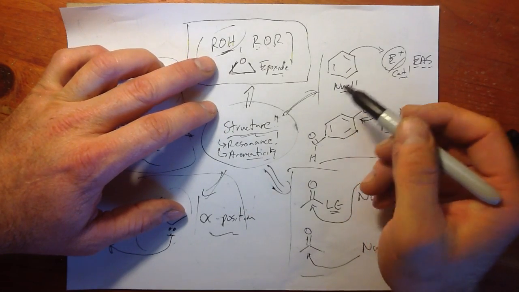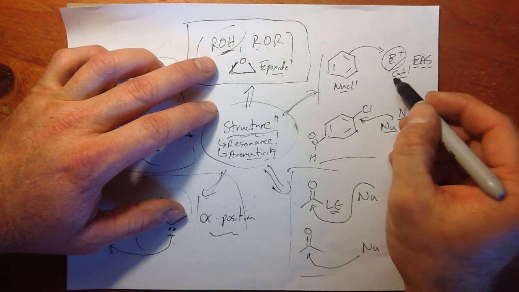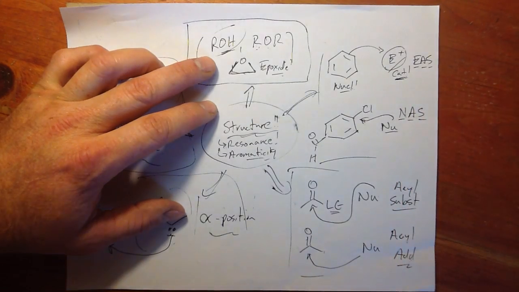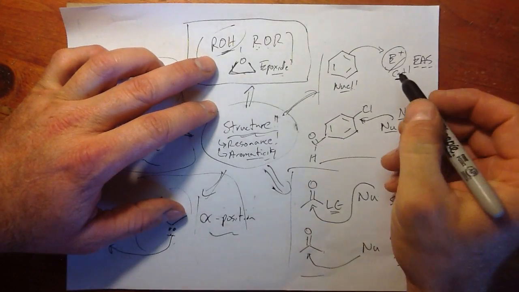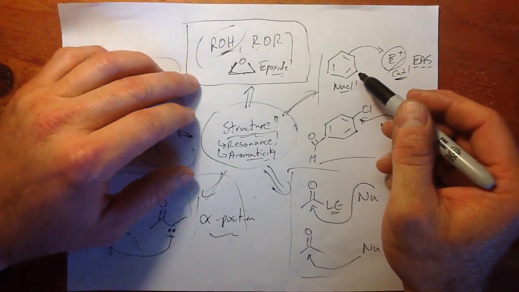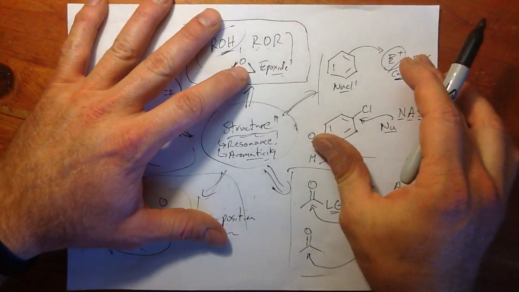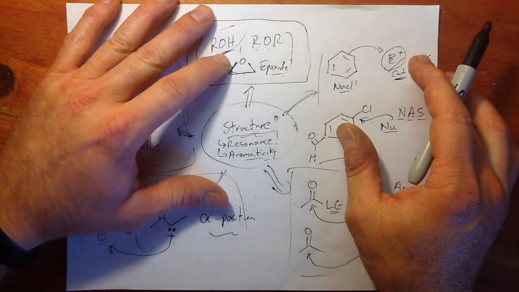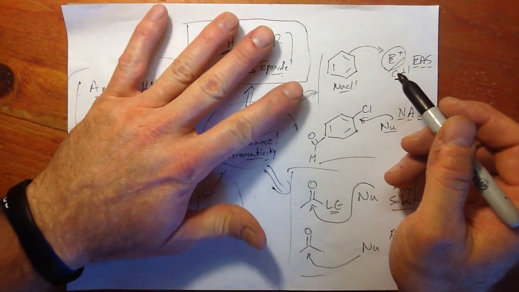The benzene ring, of course, is aromatic, so it's going to take a little bit more oomph. We're going to have to add a little more reactivity to the reagents that are going to react with the benzene ring. So in the first 3 videos of 5, this being the 12th video, we have 5 videos to